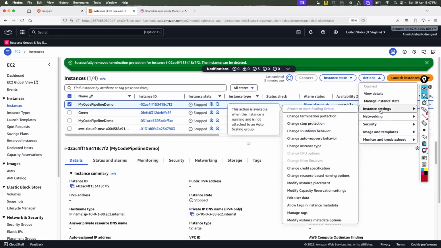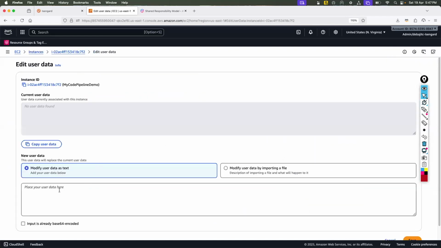So, instance settings. Now another important option is the user data. User data is sometimes very useful for a kind of startup script. What's that? For example, when you start your laptop or computer, you have observed that some services are pre-started.